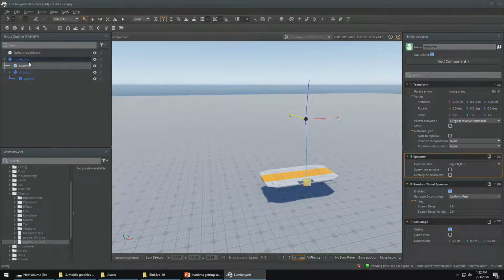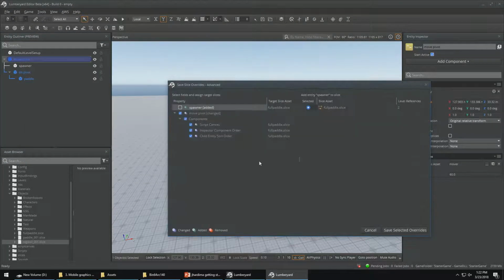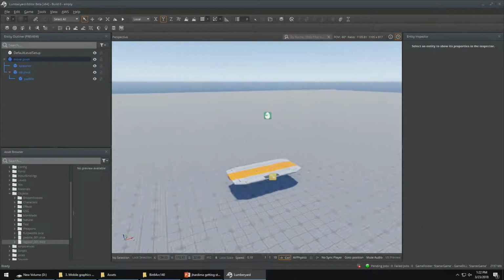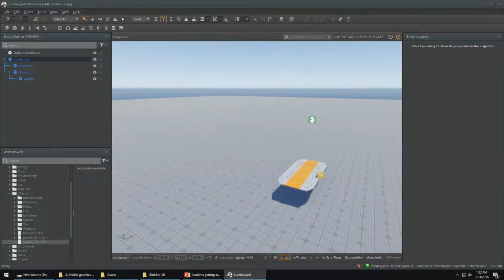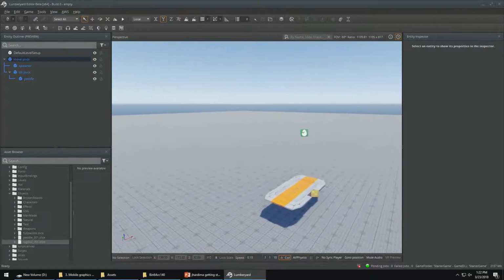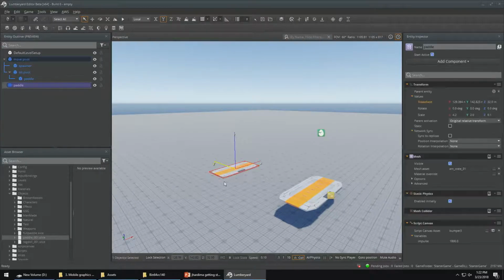All right, let's go ahead and we can push this to our slice. Let's add that spawner. Okay, so now I think we are just about ready to start making our table. So I'm going to come through. I'm actually going to reuse this paddle, only I want to rotate it